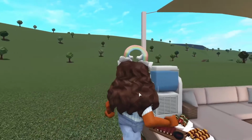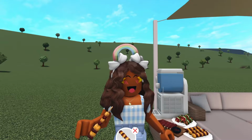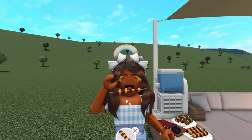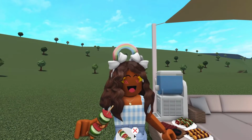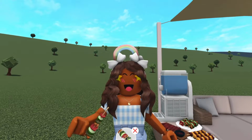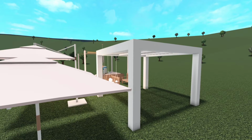This kid. Okay, so I want to check out these skewers. Fun fact, you can actually grill the skewers, or you can make them on the stovetop. So that's a little secret. I don't know if it's really a secret, but I figured that out. So that's fun. While I keep chowing down on this food, I'm gonna go ahead and show you guys the rest of the stuff. So we have this whole new canopy as well as this pergola, and they can both be resized